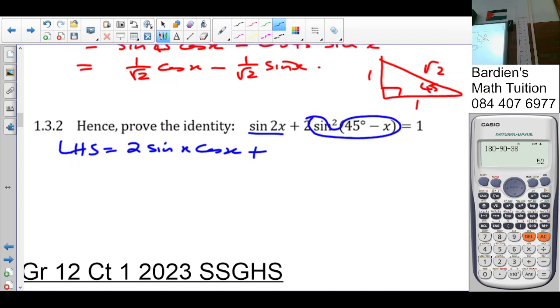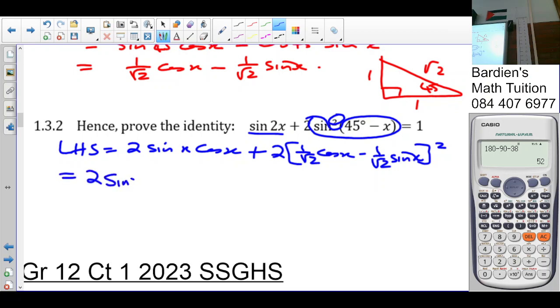for 45 minus x, that's what we have, okay? So that 2 on the outside must still be multiplied by it, and it is being squared, as you can see there. So that is 1 over root 2 cos x minus 1 over root 2 sine x. Okay, so that's simply going to be 2 sine x cos x